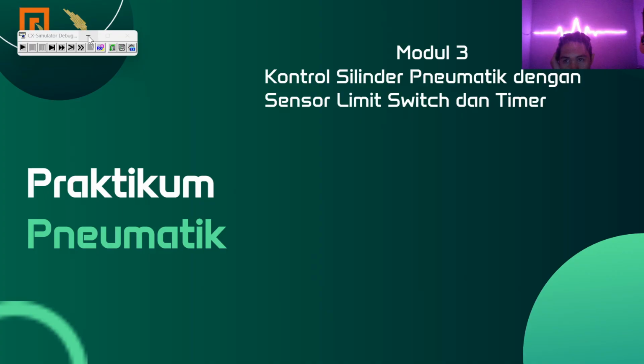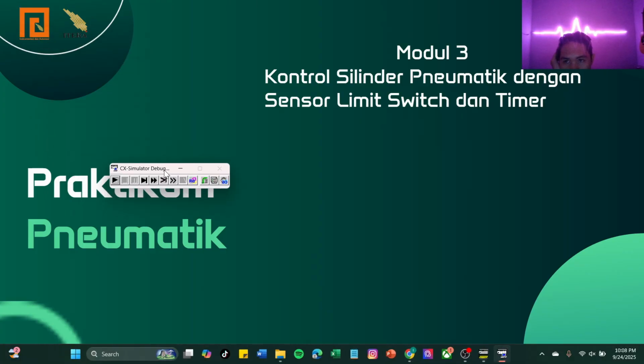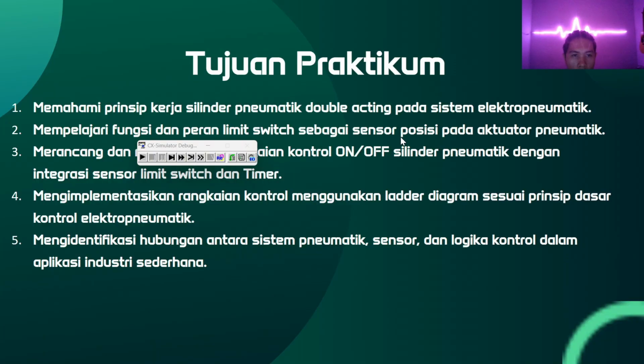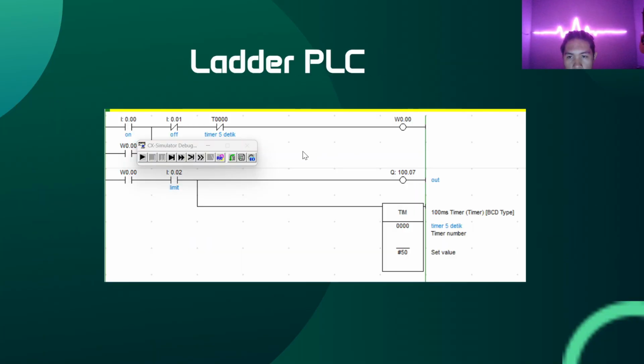Maybe this is the last. If you want to try, you can make the circuit for the PLC, and last,